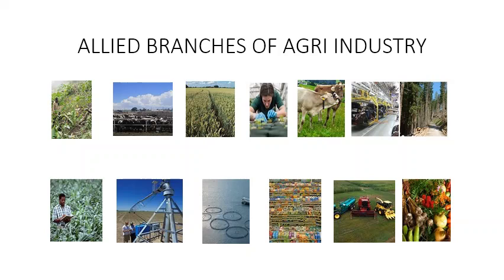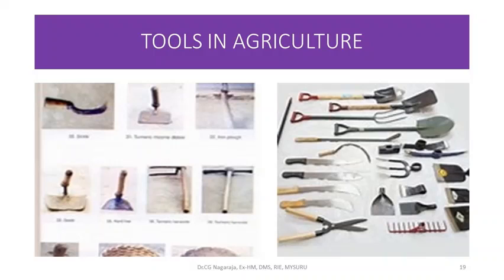Here is the food packaging industry, and a large number of food industries have started because of agriculture. The modern equipment used in agriculture and fruticulture, or the production of fruits. Now, tools in agriculture vary. These are some of the implements used by farmers where they have very small plots or very small land. And here is also used for gardening and other purposes where people used to use for agriculture.